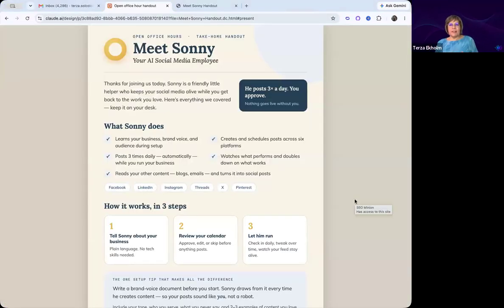So here's the handout. This is Meet Sonny. Sonny is your AI social media employee. It says here he posts 3 times a day. You can set him to post however many times as you want. 3 sounds good, but you could just do 1 a day and it would be fine. Especially as you're getting to know this.